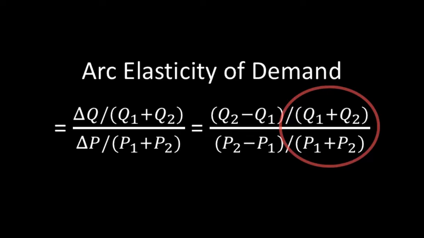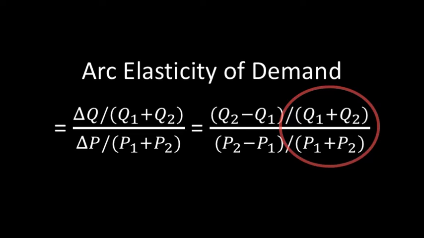Basically, the only difference between elasticity of demand and arc elasticity of demand is that in the elasticity of demand, when you're calculating the percent changes in either prices or quantities, you anchor everything by an initial level. So if you look back at the equation for elasticity of demand, the numerator is the difference between Q1 and Q2 divided by Q1. Now in the arc elasticity, the numerator is Q2 minus Q1 divided by Q1